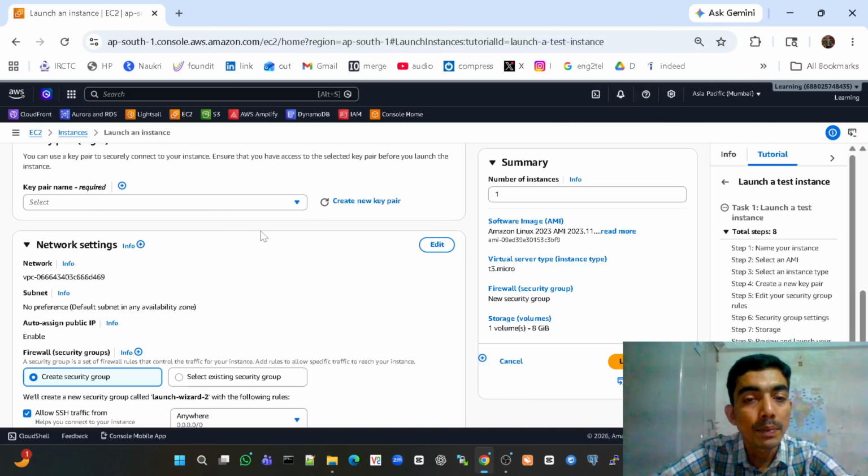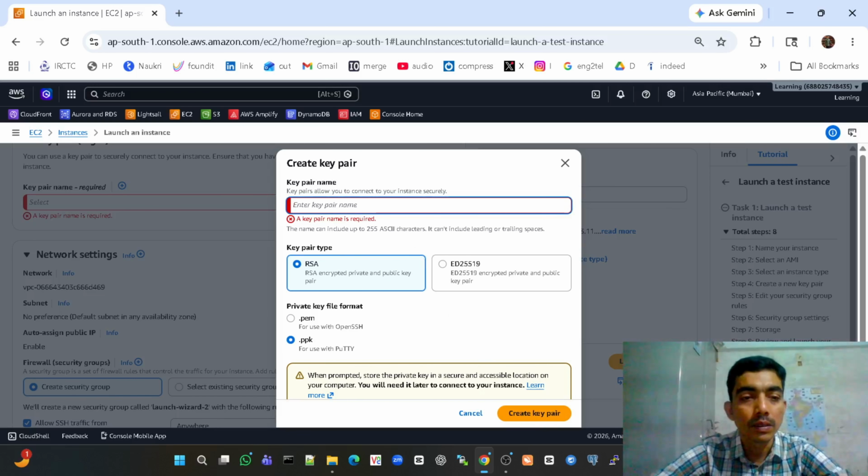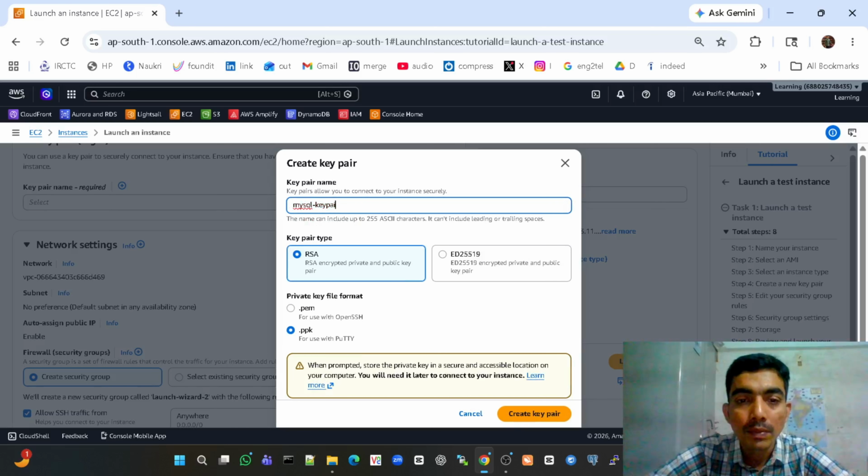Create a key pair, new key pair. This is like a password to enter our server. We are creating a password. It will download, so keep it safe. Give some meaningful name, key pair. Okay,